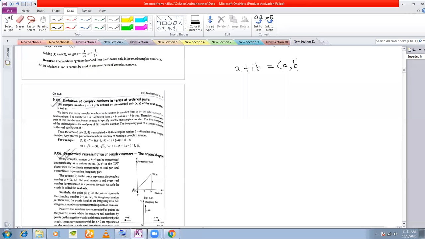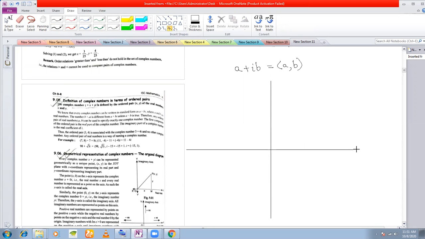When we write coordinates of numbers, we write ordered pairs like this. These are all called ordered pairs. So complex numbers can be written as ordered pairs. a plus ib can be written as (a, b) within brackets. And what do they represent in our